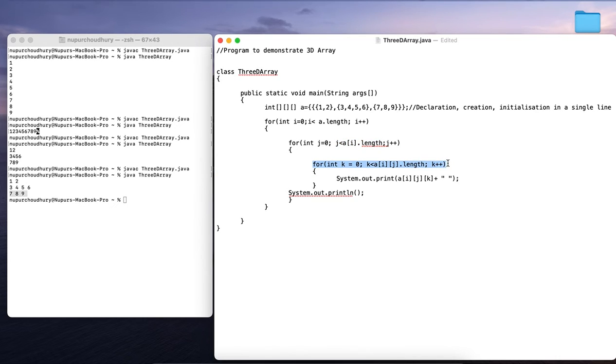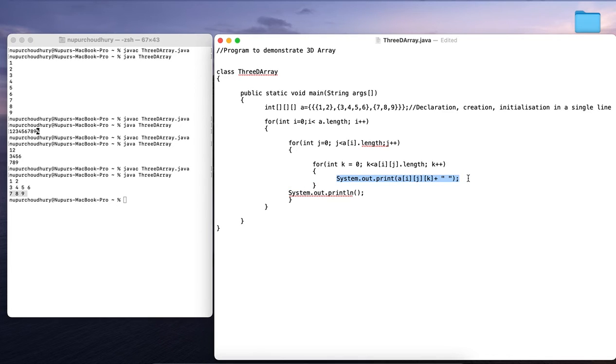So here basically k is equal to 0. This is another variable which is initialized to 0, and it will compare the value of k with a[i][j].length. So a[i][j], i is 0 and j is also 0. So a[0][0].length is equal to 2. So 0 is less than 2 here, so this particular loop will be executed.